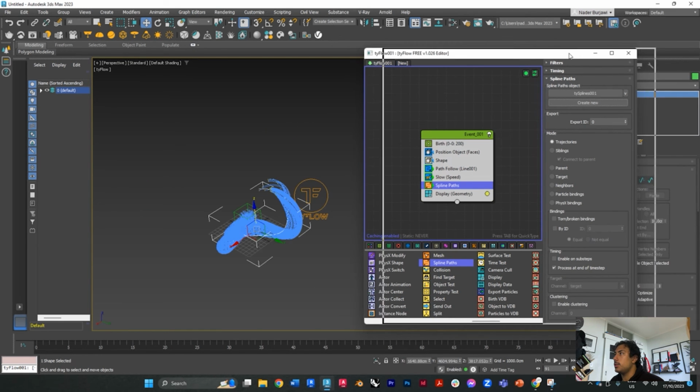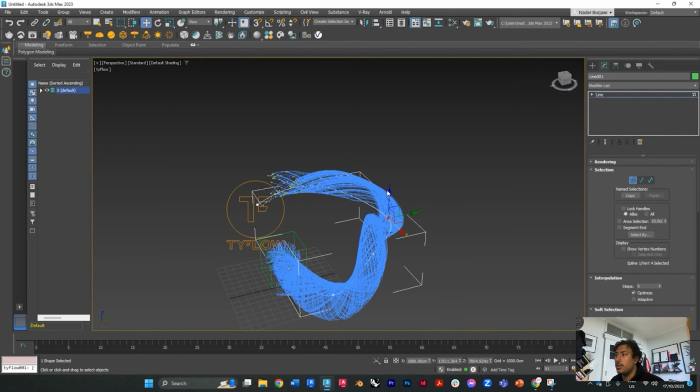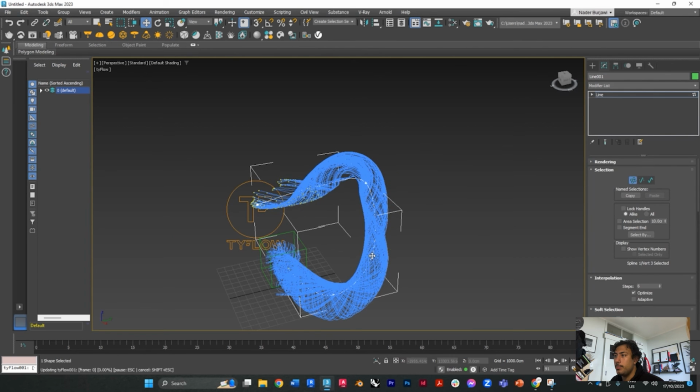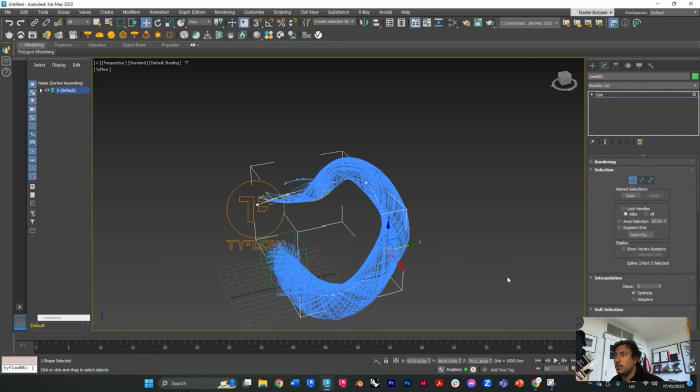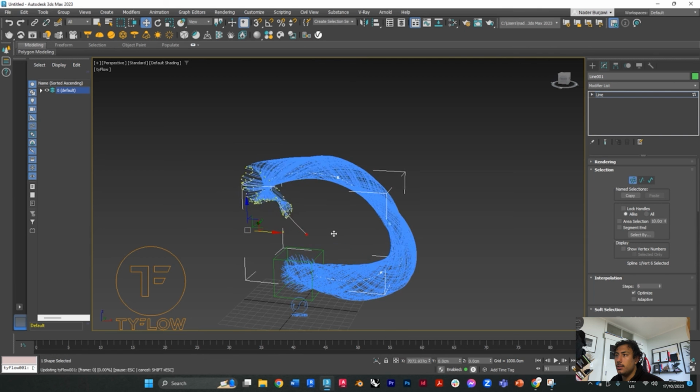The good thing about this is you can easily go back to your line and edit the shape of it. It moves in a parametric way. Then let's say I want my path to be